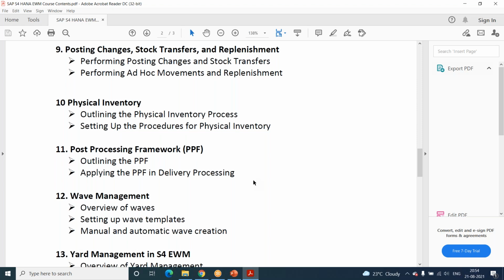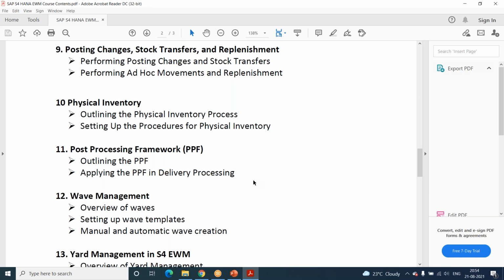Correct. Or we have an option to take the existing material. Because if you are starting a brand new implementation, we are going to have a material setup with different views, from the warehouse management and then sales and also production and quality management. So we will take the existing material and extend it to our warehouse. We will be creating a new warehouse, right? If it is a brand new warehouse, then no material is extended to that, so we need to do that manually.